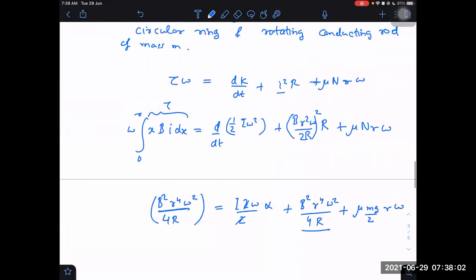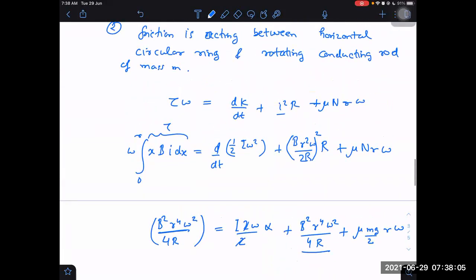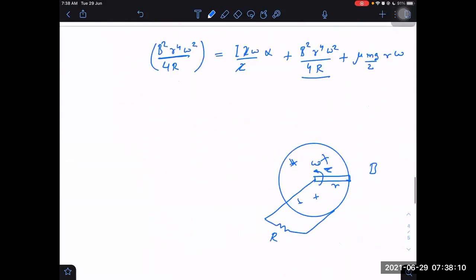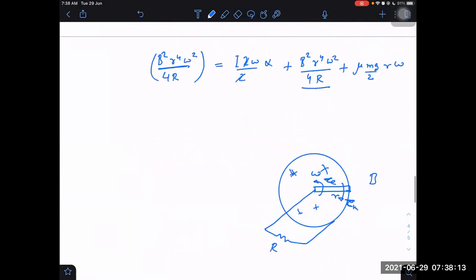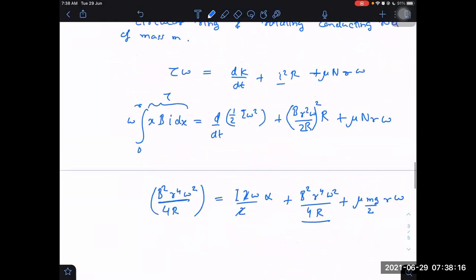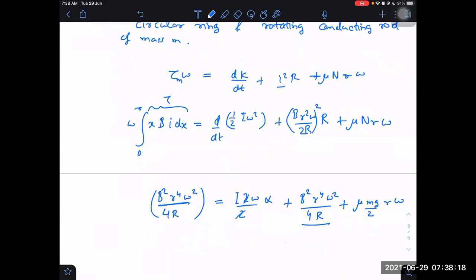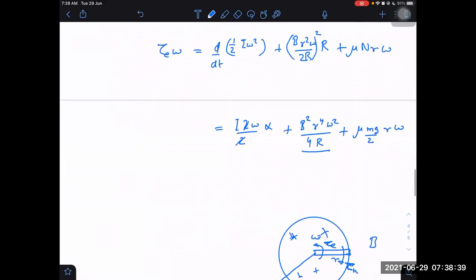So what have I done here? Sorry, my mistake only. The external torque is different and the magnetic torque will be different. Torque magnetic and torque external. What we are doing here, we are just writing the magnetic torque, which is acting as a reaction. This is magnetic torque. What external torque is there? So the power supplied will not be equal to this torque into omega. This I should not write. Then I am applying external torque, and that may not be necessarily equal to the torque due to magnetic field. It is external torque.